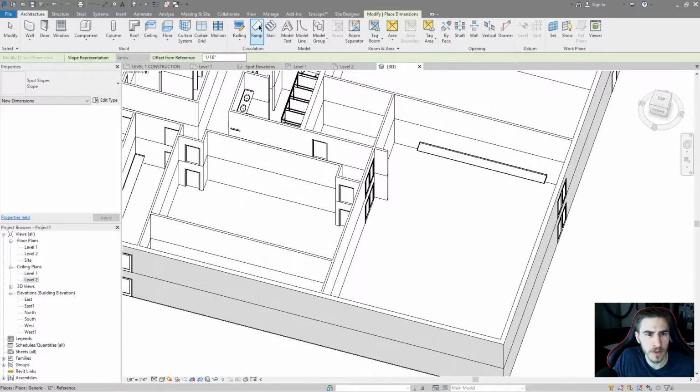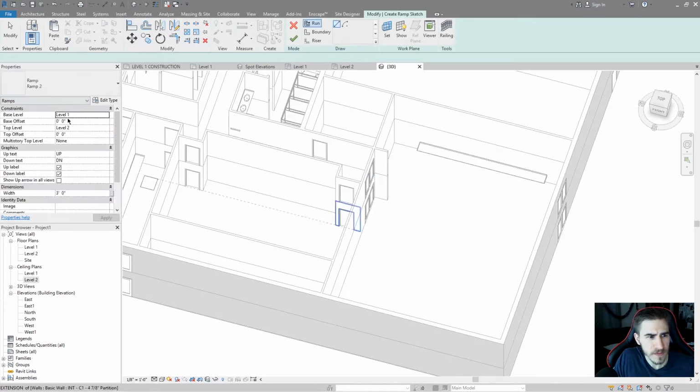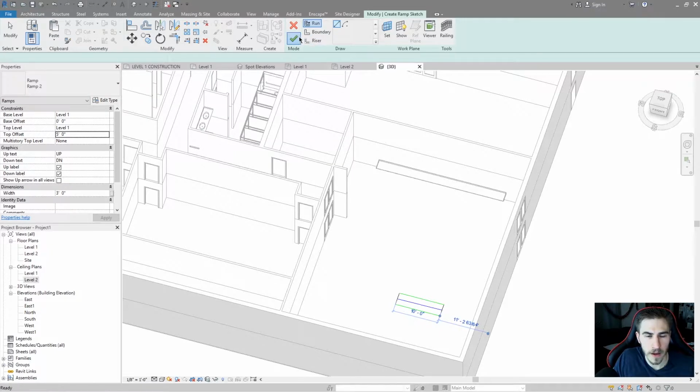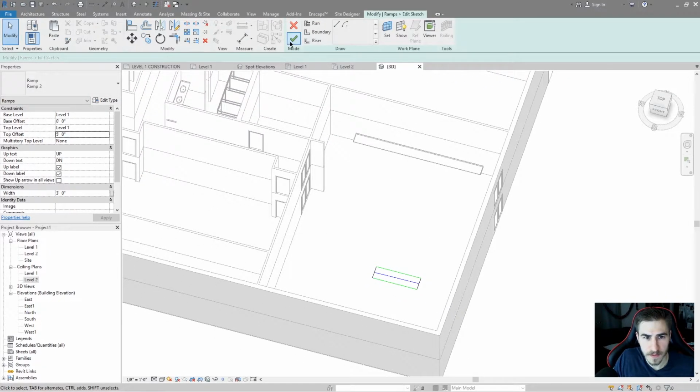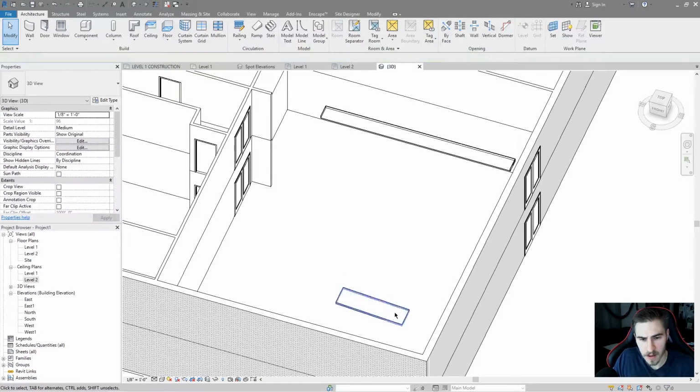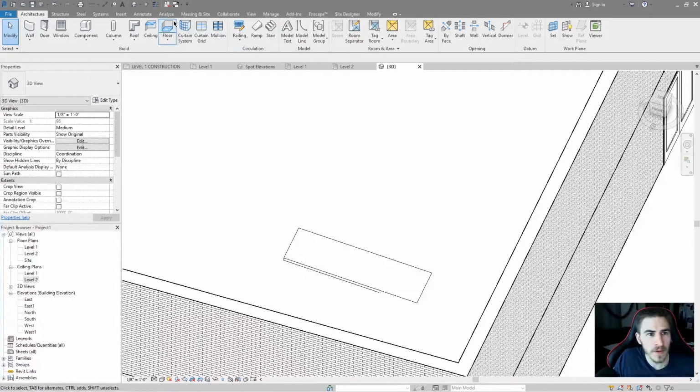Let's go to ramp, and I'm going to ramp from level 1 to level 1, and let's do 5 feet. And I'll make my ramp 10 feet long, just for the heck of it. I'll hit OK, and there's our ramp. I'll delete these railings, so when I zoom in on the ramp, I can go to